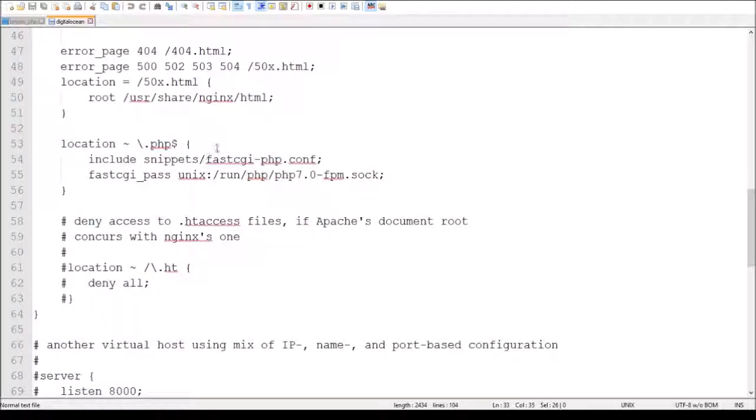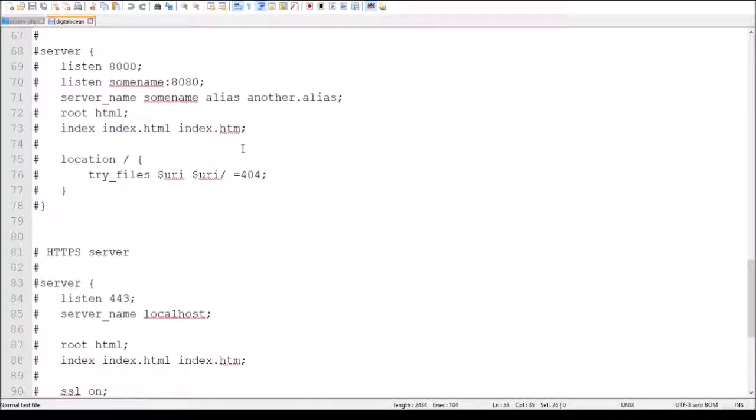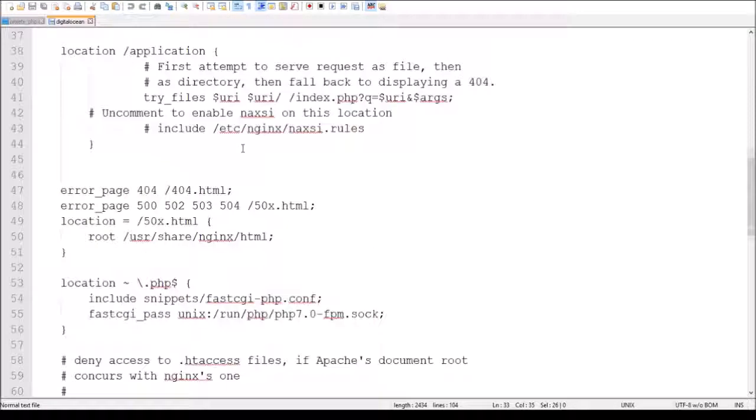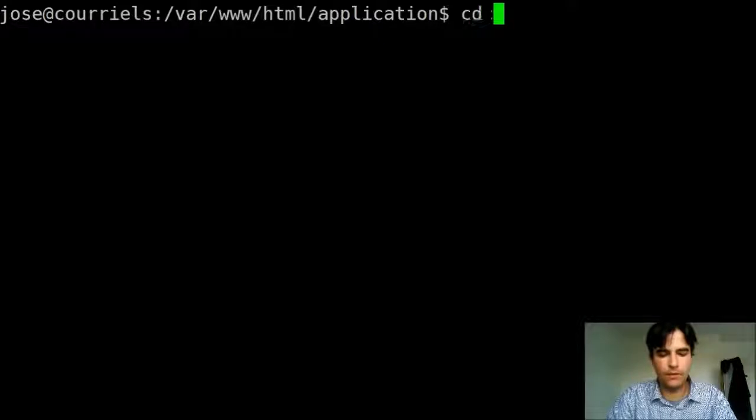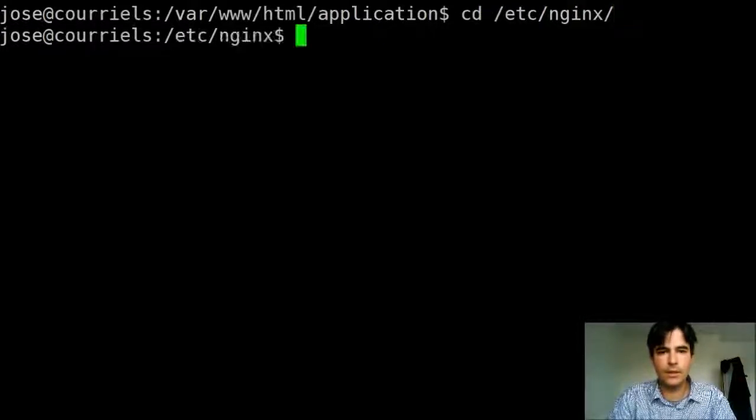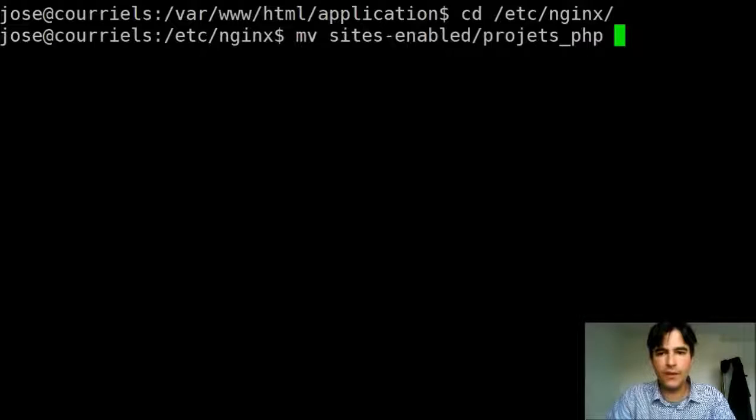So I'm going to use that file again just to show you. Here I go to the Nginx configuration folder. So I just move the actual file that Nginx is running to the sites-available folder.